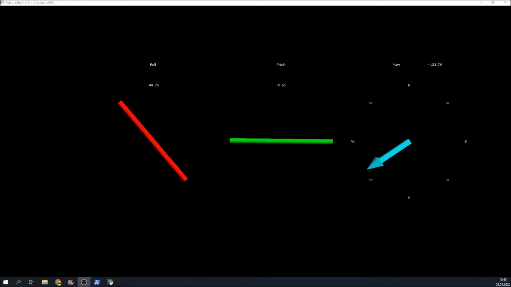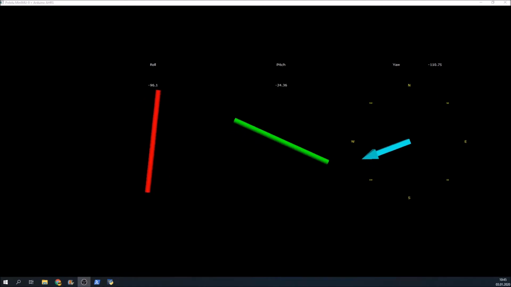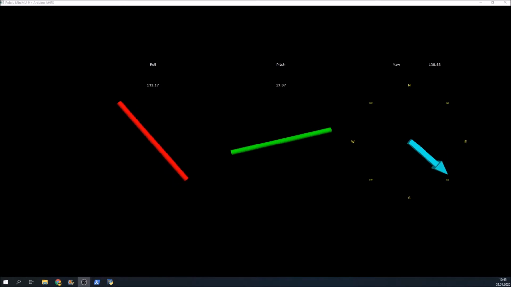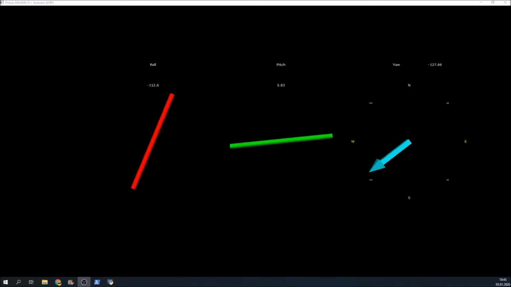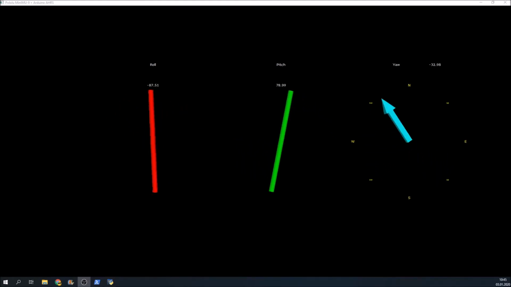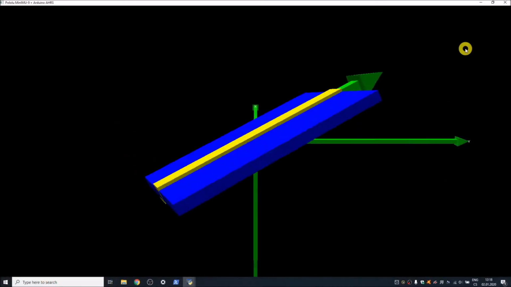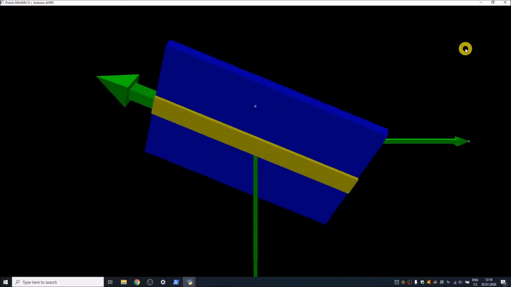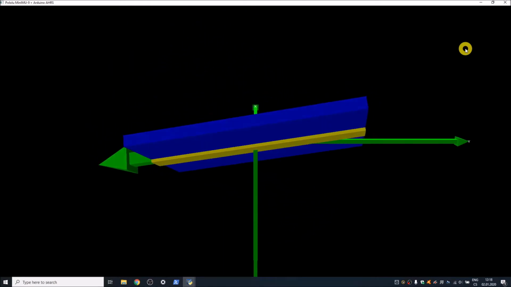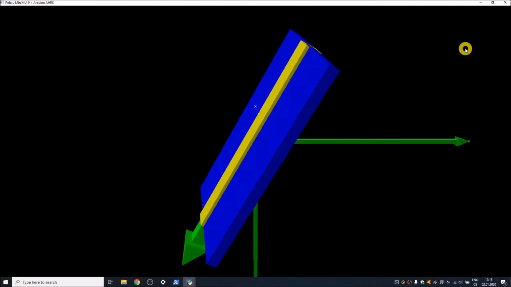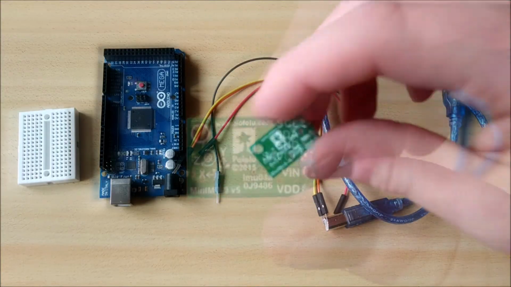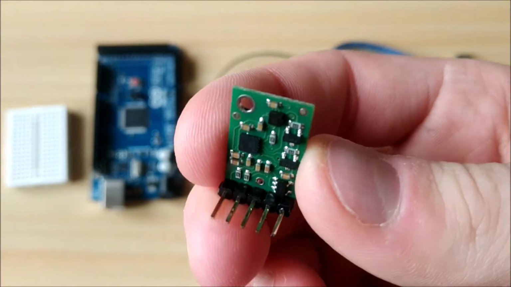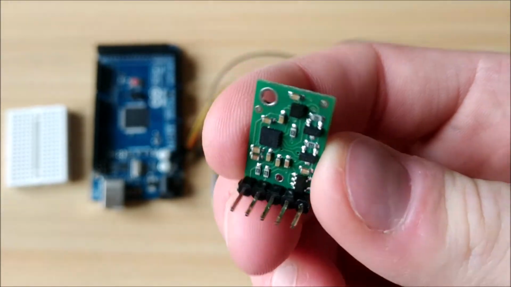At first, we will connect the IMU to the Arduino board. Then, I will show you a program for Arduino that sends measured data over a serial line. And in the end, we will look at a simulator receiving this data and representing it in a real-time 3D model. In the tutorial, I will be using IMU 9 version 5 by an electronic manufacturer Pololu.